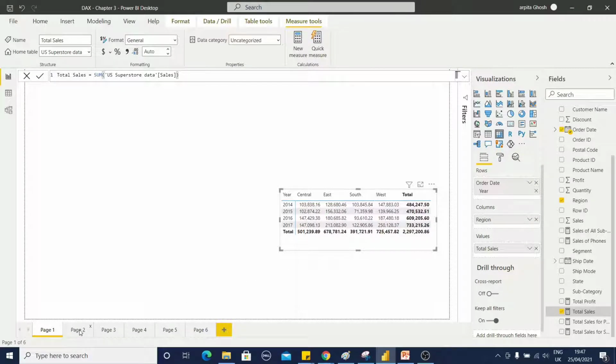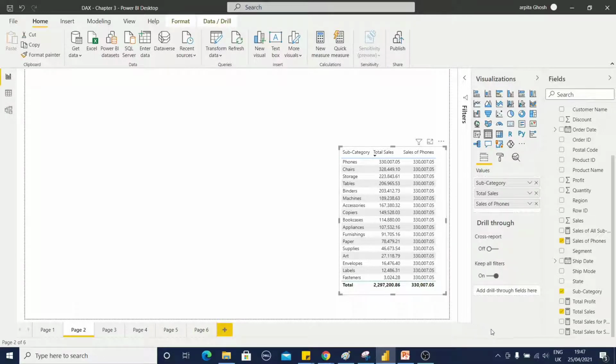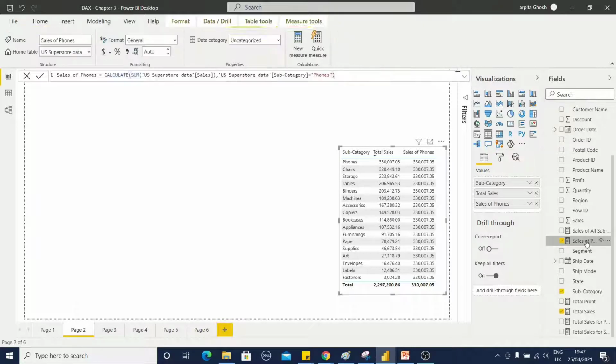Now I'm moving to the next one. Now I'll talk about explicit filter context. For that, I have explicitly used the DAX function CALCULATE. Based on that I have created one measure where I define the filter condition explicitly, and for that I've created one table view with subcategory, total sales and sales of phones.